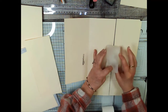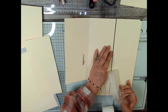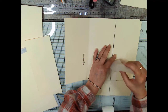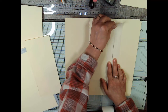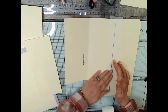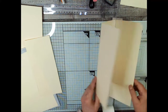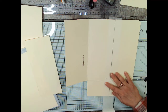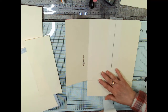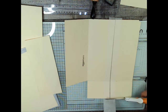The first one is the hardest one. When we flip it over, it will already be held in place. It's a little farther apart at the bottom. But we're going to have that extra bulk from the folder anyway, so I'm thinking it'll be all right. I don't know though, that is a bit far. Let's see what happens once we...